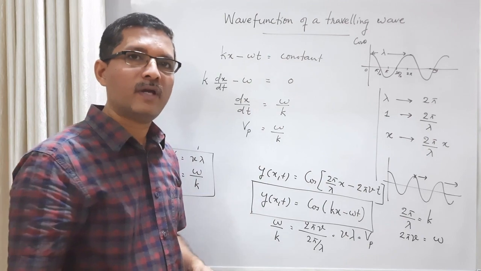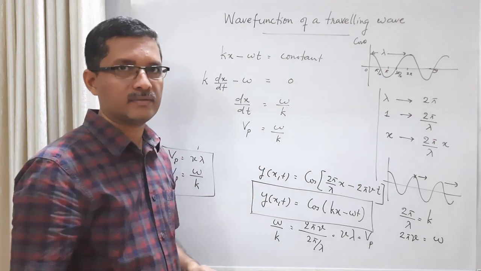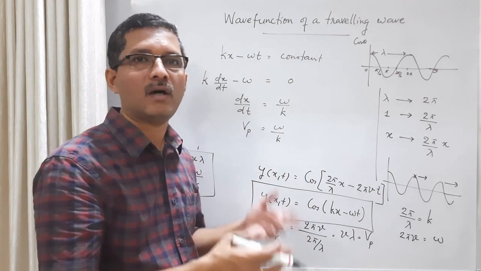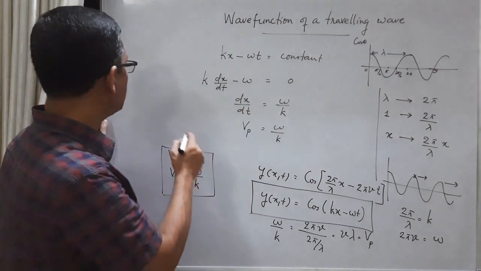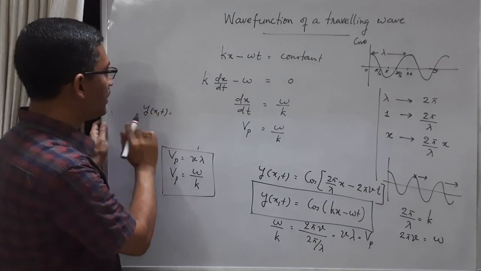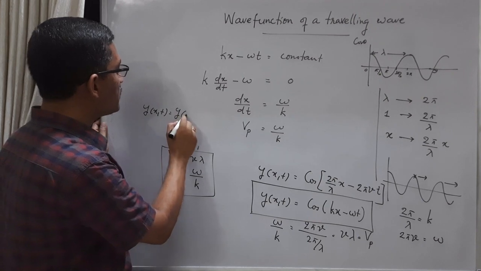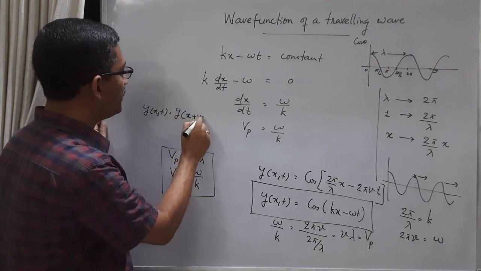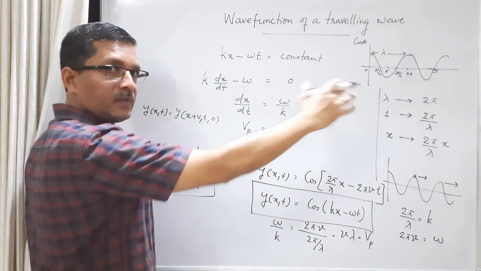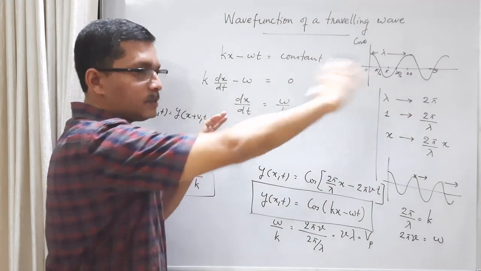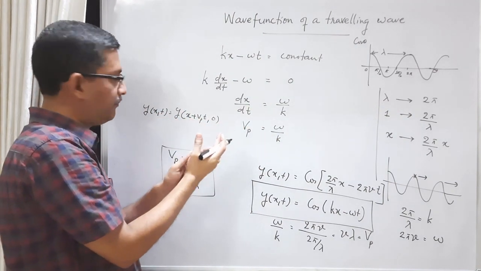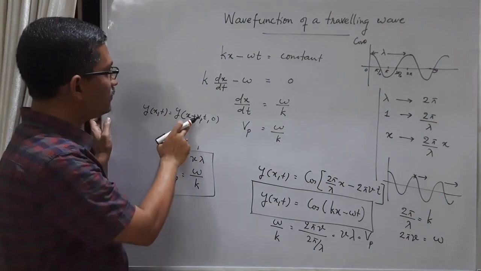Now, suppose we have a wave traveling along the negative x direction. Okay, if you go back to our earlier figures and our argument, for a wave traveling along the negative x direction, the wave function at position x at the time t must be equal to wave function at the position x plus vpt at the time 0, because it is traveling backward. So a point before me at x plus vpt should come to the point x, position x. So it should be like this. So there will be a plus here.